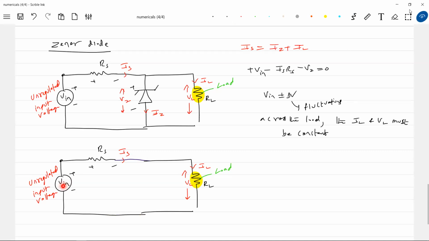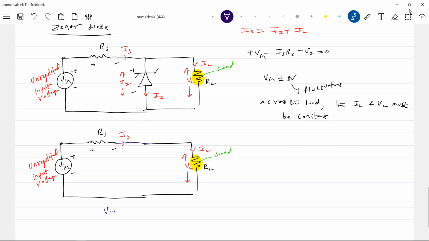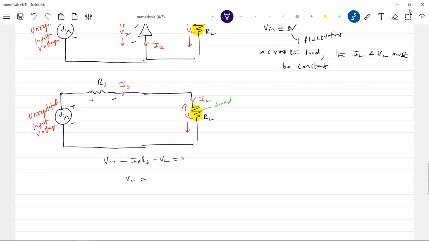Now, as the load voltage increases, you write the loop equation. I think this is the best thing you can start thinking from here. So how do you write V in? In fact, you write IL only, the same current flows, no? VL is equal to... By chance V in will be fluctuating. Like I said, 40 volt is there. It has become 45 volt. What do you expect VL? VL will change.